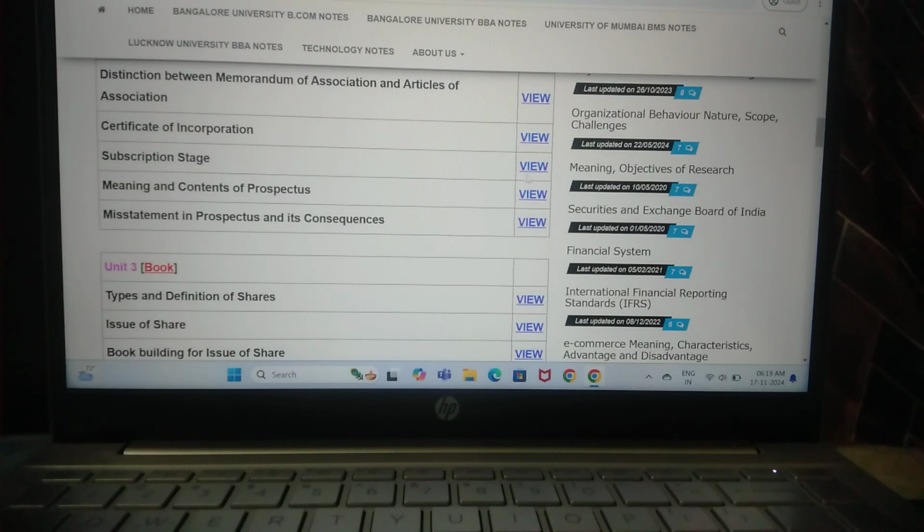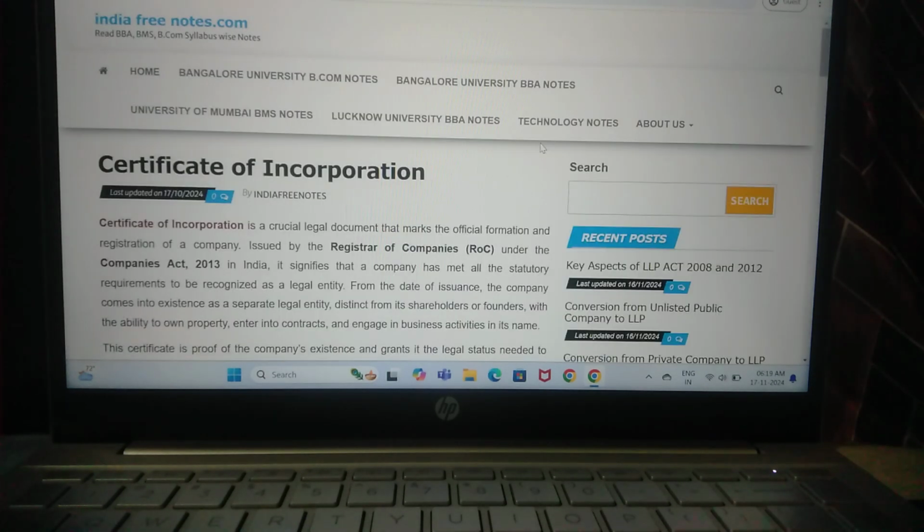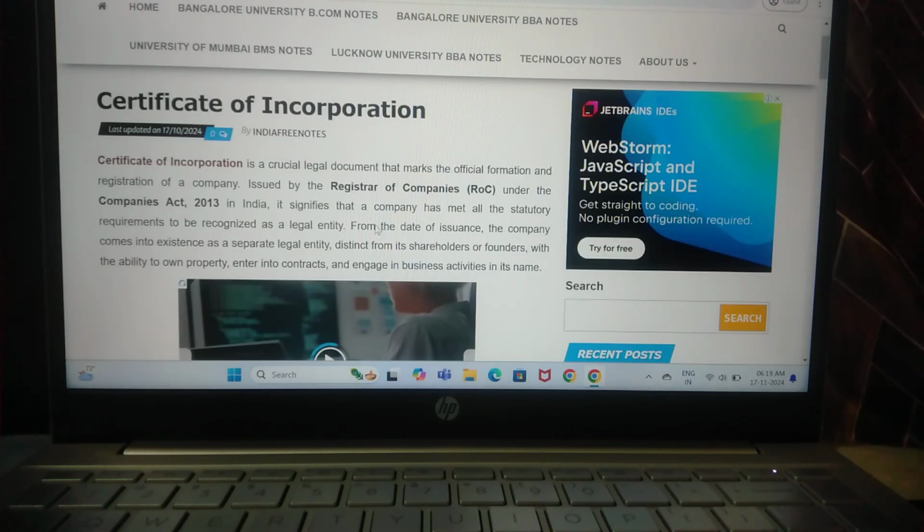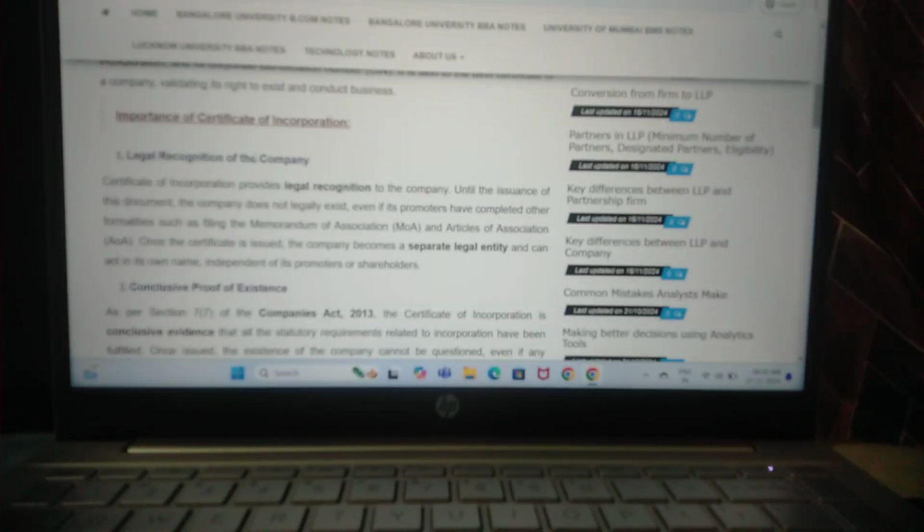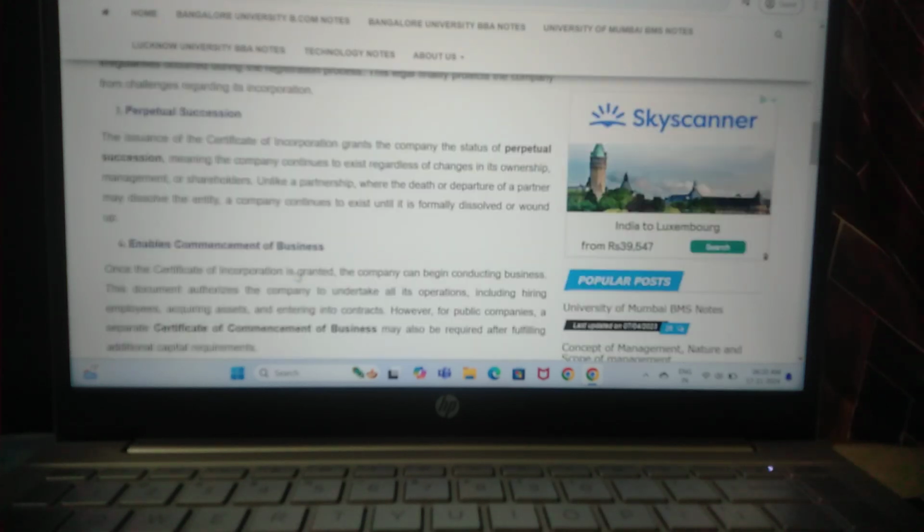This is important. Next one, certificate of incorporation. As per the Companies Act you have to write the importance of certificate of incorporation, legal recognition of the company. What is this importance? Whatever company we are starting, it must be legal. To start we have to get the permission, that is registration. So that is the importance of certificate of incorporation: legal recognition of the company, conclusive proof of existence, perpetual succession,